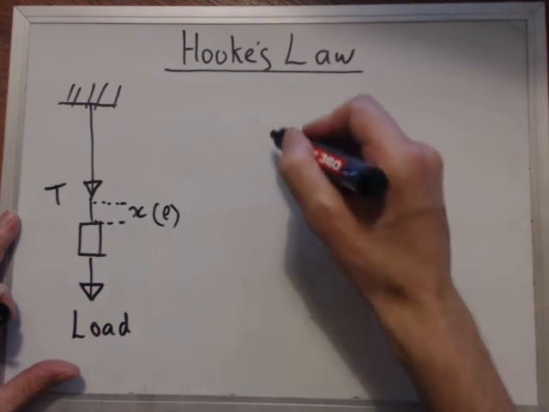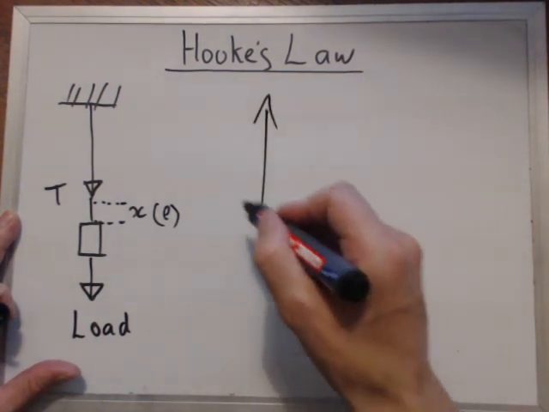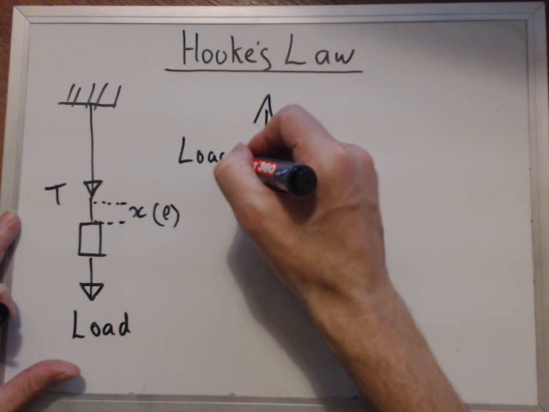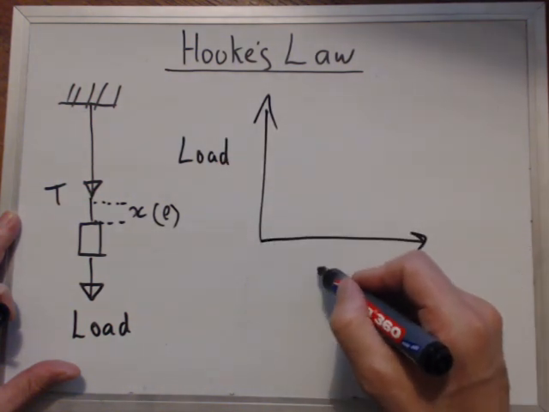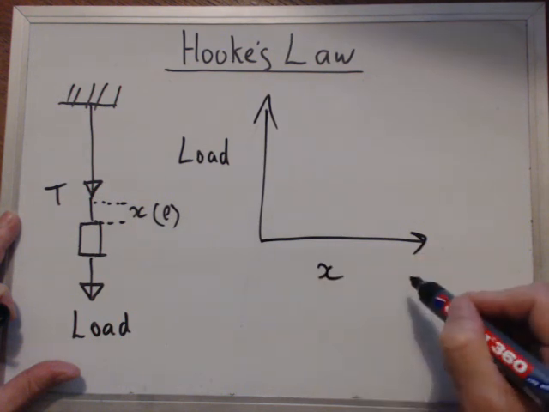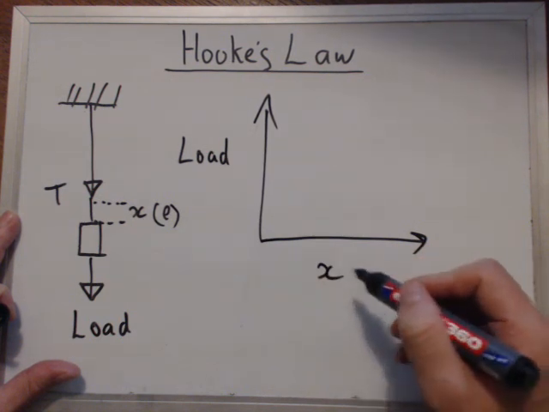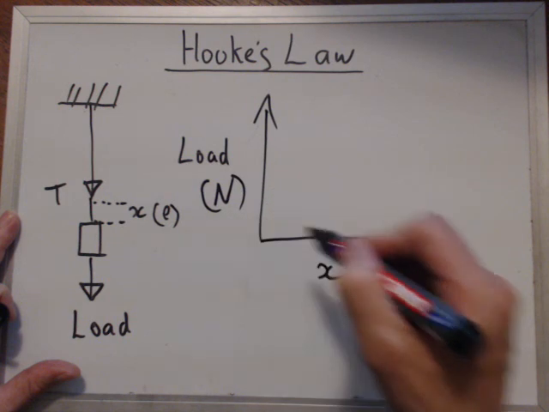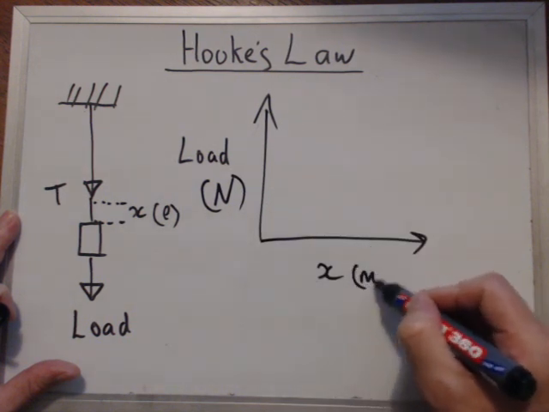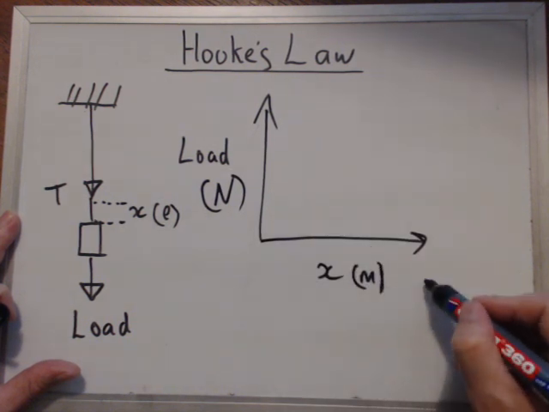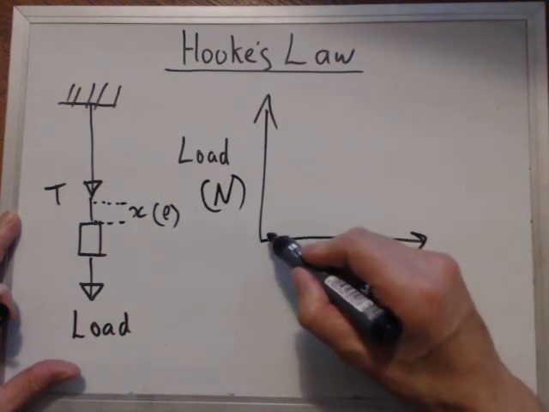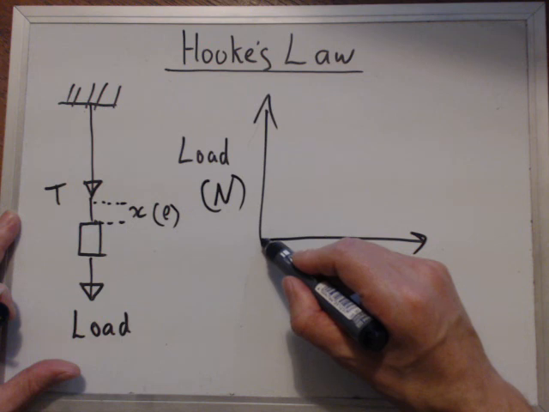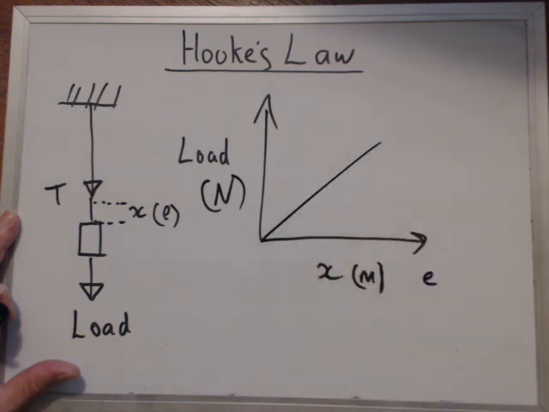If you were to plot a graph of your load, which is the force, against the extension, let's call that X, you might say load in newtons, extension in meters, and again we could use the letter E. Then you'll find that if it is a straight line like that,